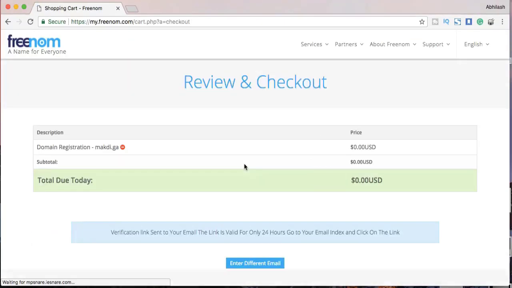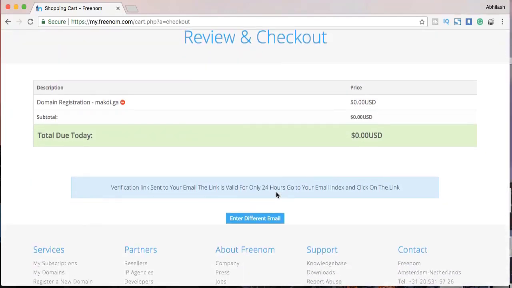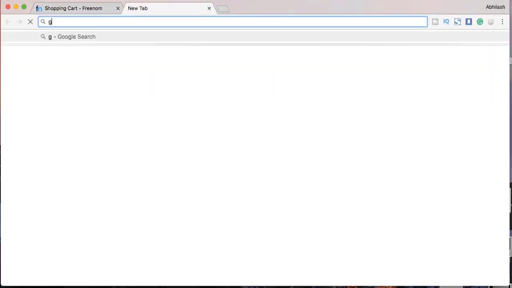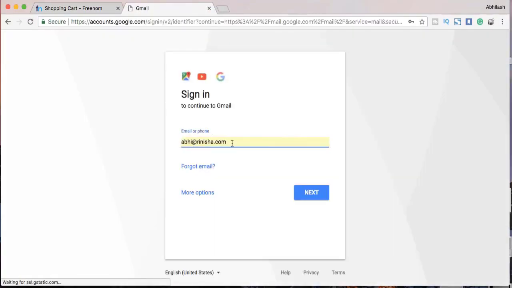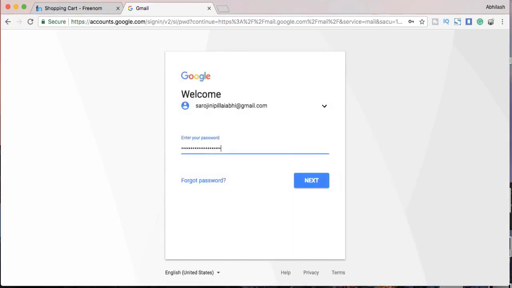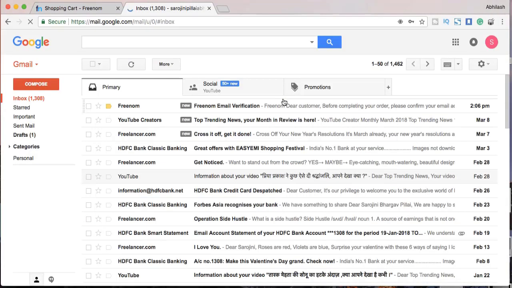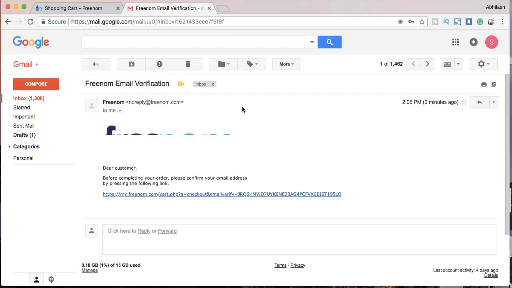So once you click verify, you will get this verification link sent message, and what you have to do is go to your Gmail account and click on the link which you get in your email. I will just show you here. So let's log into this account and just click the email you get from Freenom. It's titled Freenom email verification, and just click on this link,